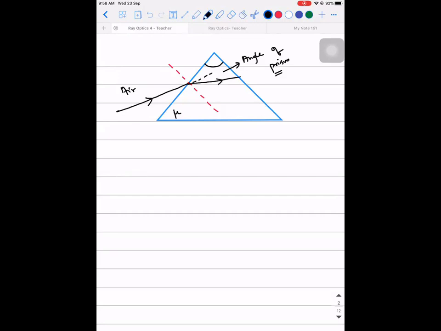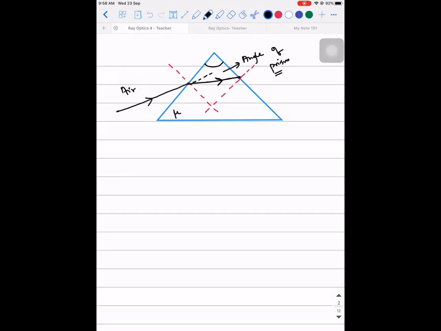The next important question: when it is bending towards the normal, is it going to be parallel to the base? The answer is no, not always. Yes, but there is one particular scenario where the refracted ray will be parallel to the base. But you have to remember, when you're drawing a general diagram, you should ensure that it is not parallel to the base. That is why I have slightly bent it like this. I'm stressing on all these points because these are commonly made mistakes. You people also don't do it.